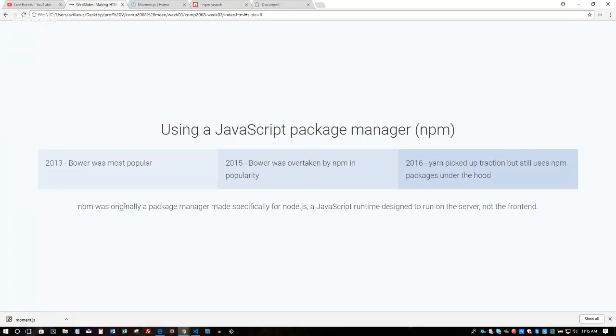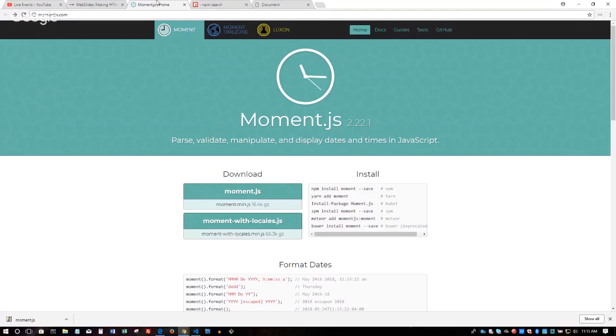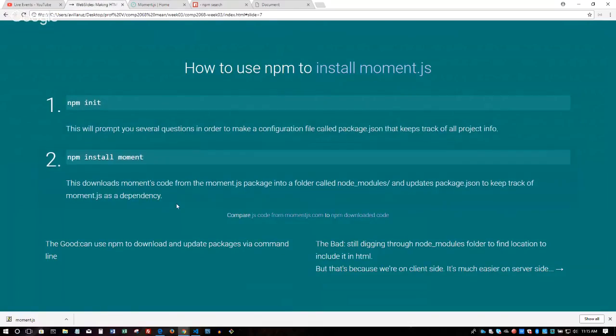So I'm coming at this whole question of what's happening with NPM install under the hood from a chronologically reverse point of view. So I started off with client side. I downloaded moment, and hopefully you'll see what's happening. Okay. Now, you can also install moment through NPM. As you saw on Moment's webpage, you've got that npm install moment. Okay.